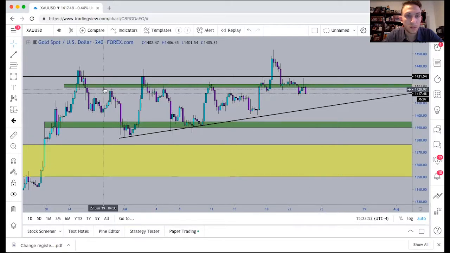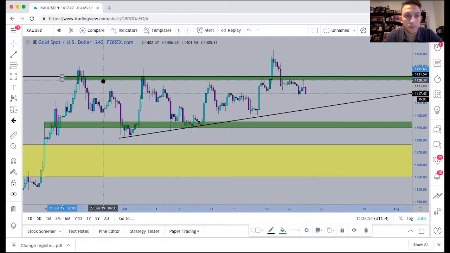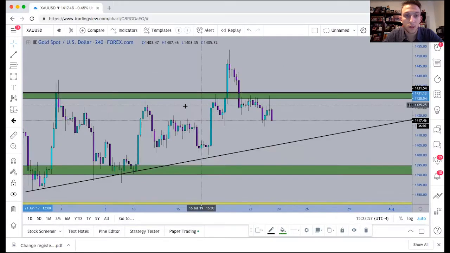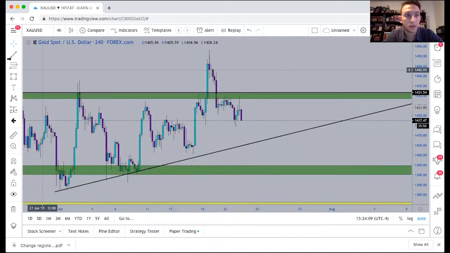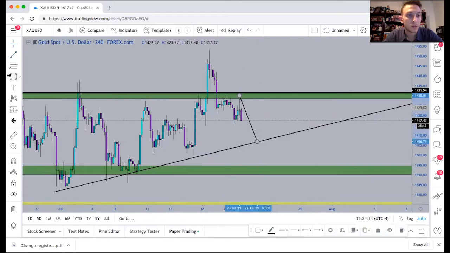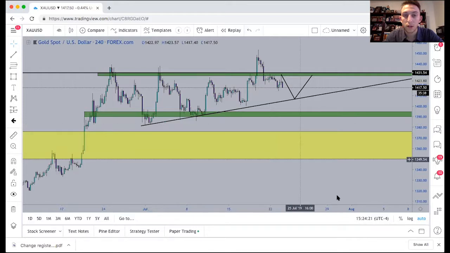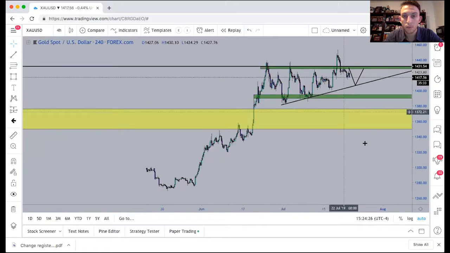And if you wanted to extend it up, even up to here, to include these rejections as well, you still are showing that rejection, that rejection, that rejection, and one, two rejections from here. So overall, it looks like we might be coming all the way back down to like the 1406 area in the short term at least, and then see what happens from 1406 and see if we continue with this bullish consolidation and come back up to this daily resistance again and retest, or if we just start breaking to the downside and by the end of the month break below that monthly level